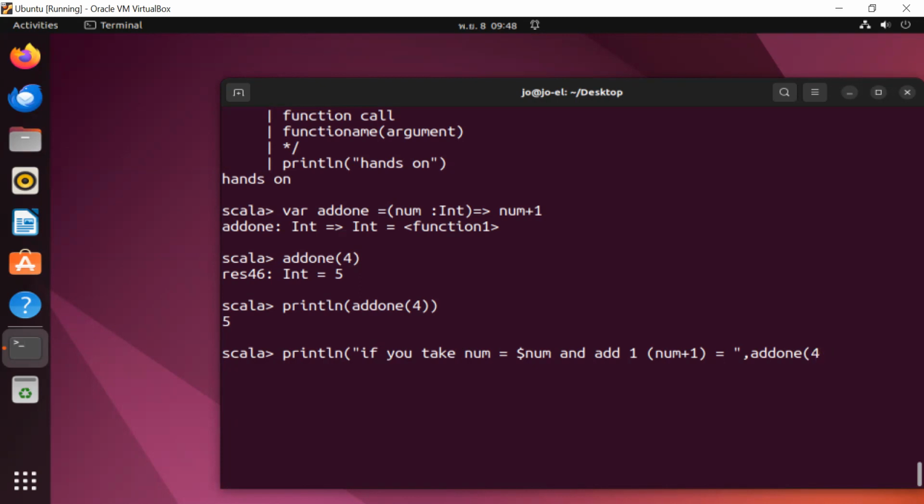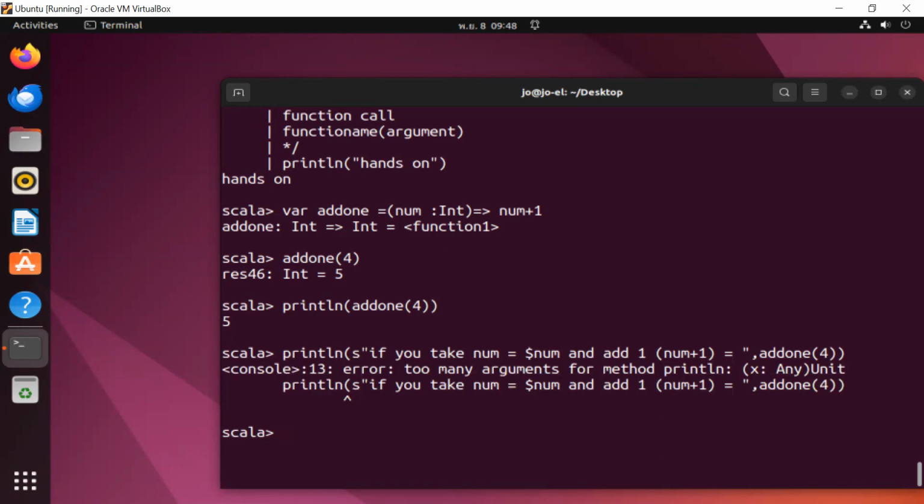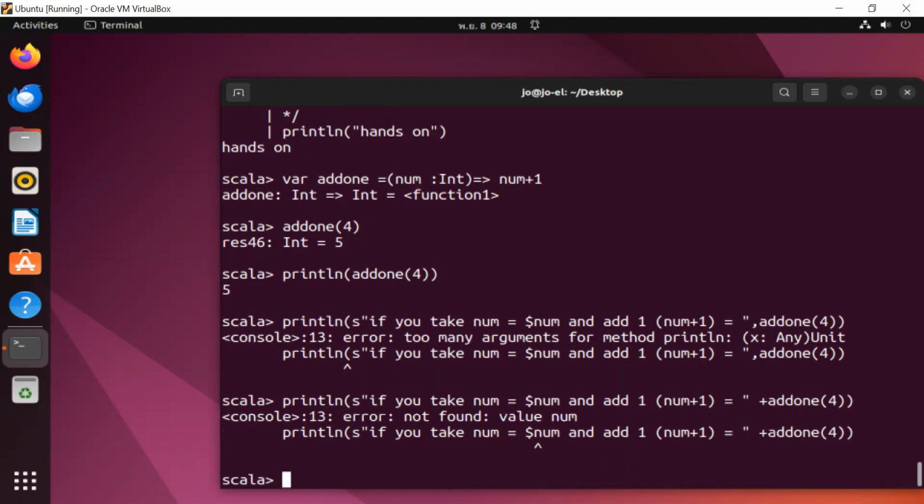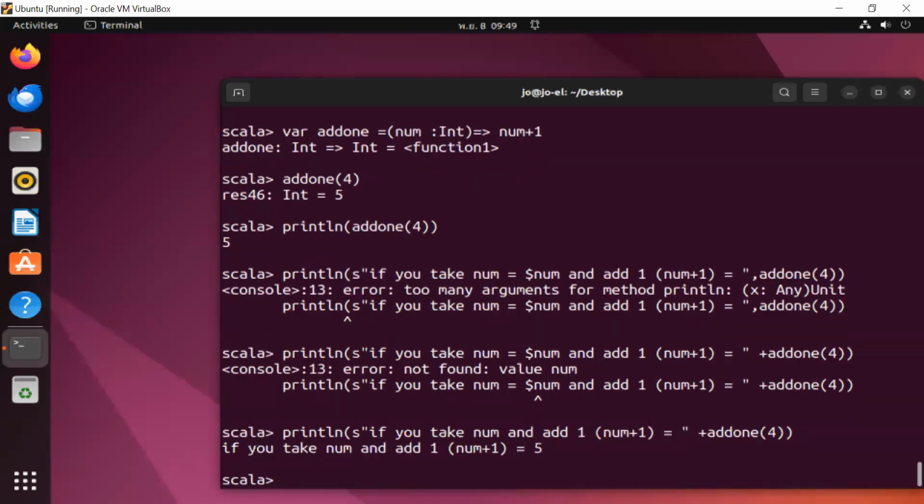Let's say 4. I put that here. What is that mentioning there? Did we put num? Oh, num is defined in the function body, so it cannot print it. It cannot print it because num was in the function.